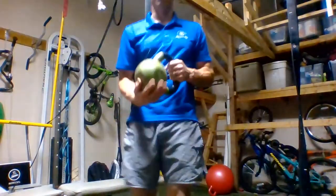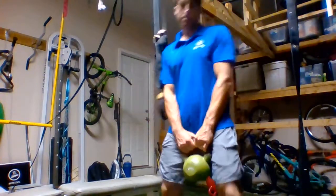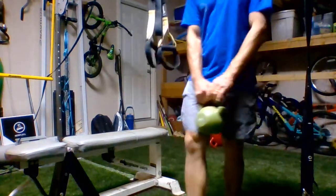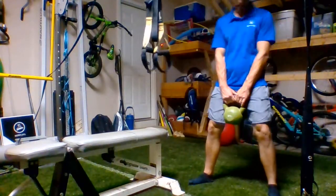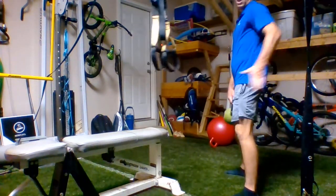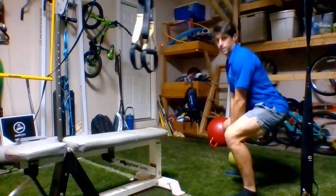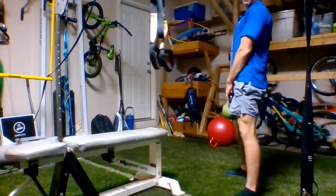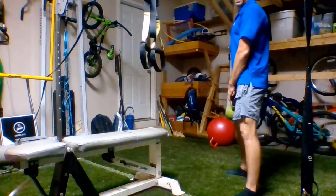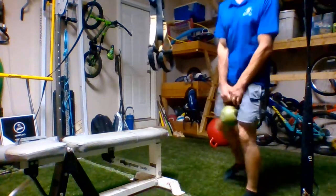deadlift. So our kettlebell deadlift, I take our kettlebell, I'm going to hold it right between the legs. Adjust so you can see me. We go right here, toes out just a little bit. Remember, our hips go back in any of our squatting motions. Our hips go back as we come down and up, down and up. We're going to squeeze back here as we go down and up, like so. Then we go into our